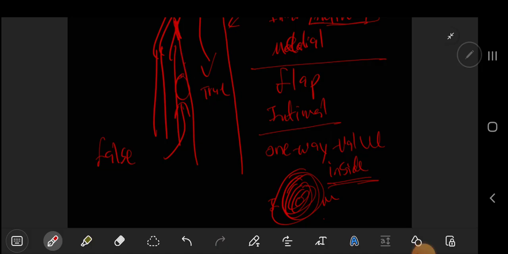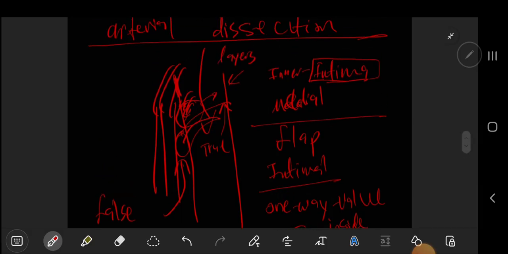In the false lumen, the blood can accumulate because of the one-way valve from the intimal flap. The blood can just accumulate and accumulate, until it can, for example, narrow the true lumen, or even block the true lumen, or it can also cause a thrombus formation. This thrombus can again compress the true lumen, cause obstruction, or send emboli to different places,